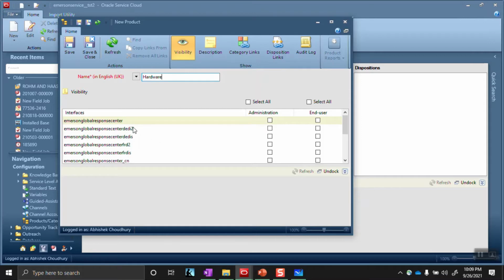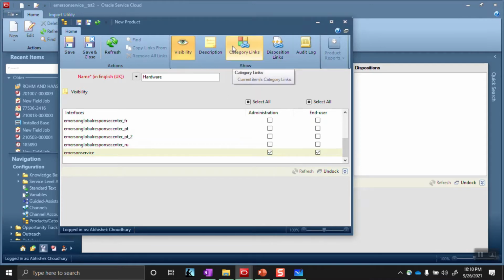So we will use it for this interface, and I'm also giving end user. If you don't give administrator and you give end user, you will see that the administrator gets created automatically. We will discuss all these things later. So this is our first product, hardware.